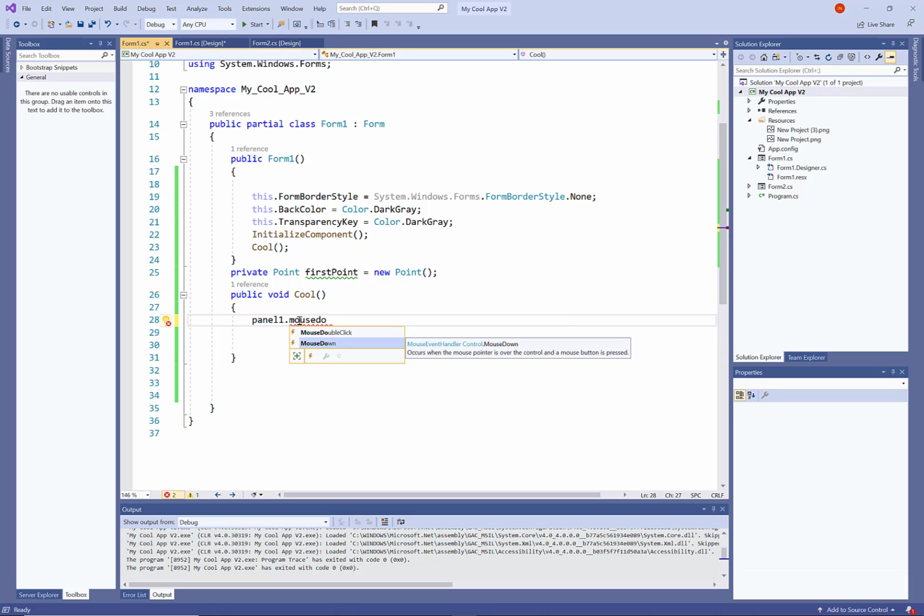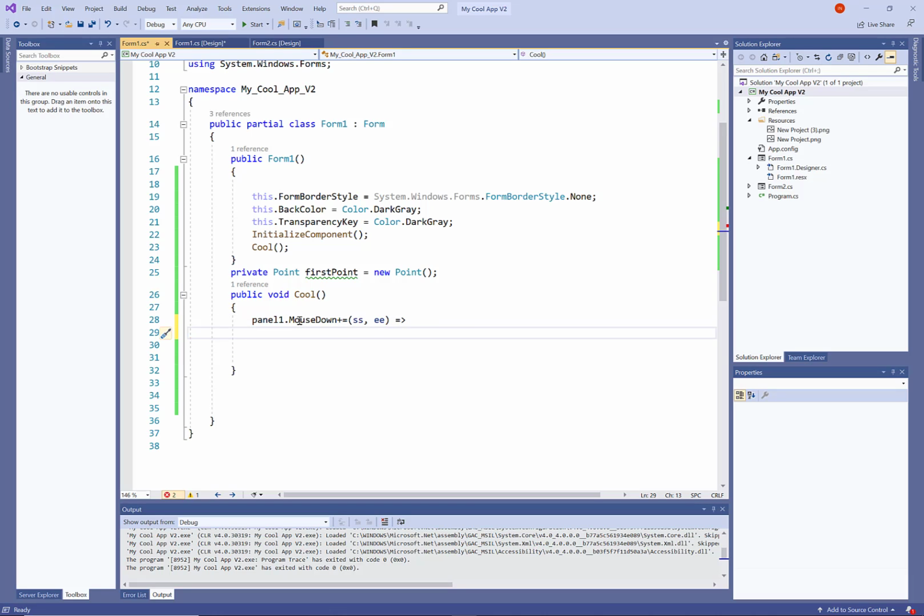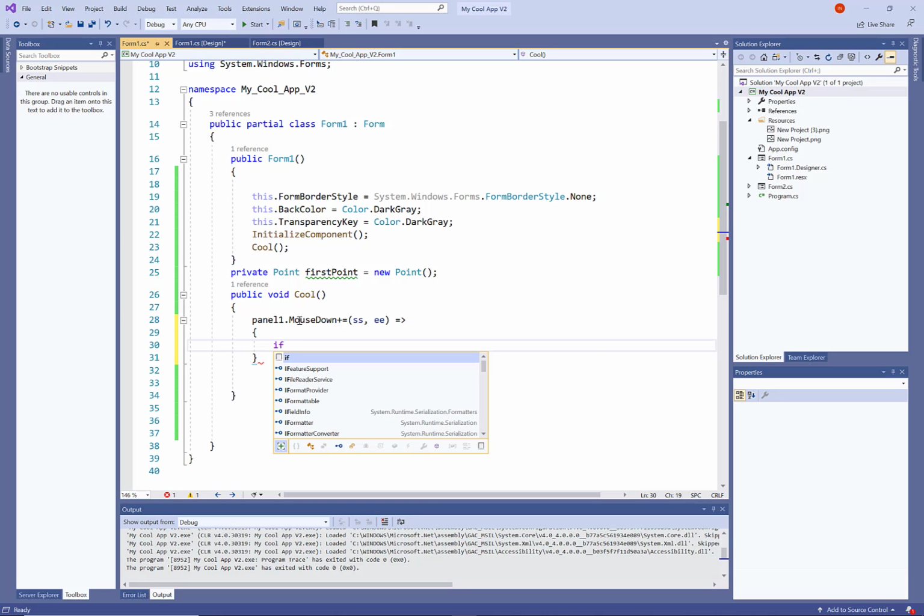That's mouse down, and then I will say plus equals, in brackets I will say ss comma ee, and then I will say equals or greater than. Then I'm going to open a curly bracket, and automatically Visual Studio will close the curly bracket for me, and I'm going to create an if statement now. So I will say if